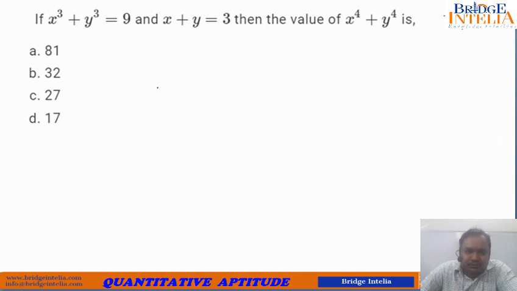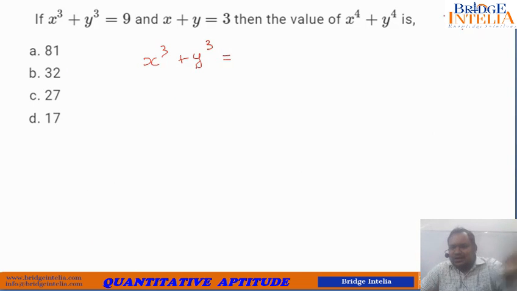Let's move further. So x cube plus y cube is equal to 9. You can solve this. We have learned how to solve this, but now I am just giving you the crux of how to guess without actually solving. If somebody asks you to solve, you can actually solve this. We have already done such questions before, but now the challenge before us is, without actually solving, can we guess the answer out?